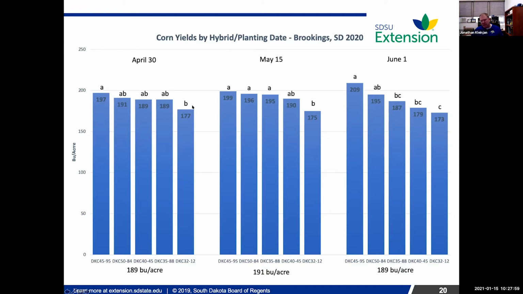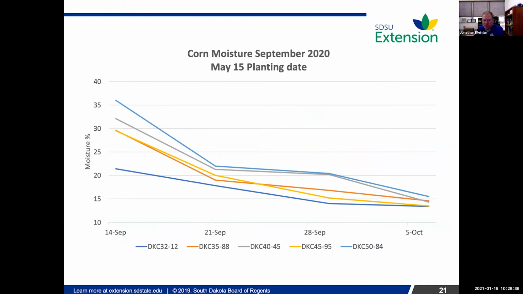So I think at this 82 day, we're starting to see a little bit of that getting out of the area of adaptation, like I discussed before. But still not too shabby. We're looking at about 90% of maximum yield here, 88% here, and then 83% here. So we didn't see any of the early hybrids catching up like we saw in that Beersford data that I showed before. So 2020 was a completely different animal than 2019. I did not see the results here of what I thought, but we're going to continue this again in the future. So anyway, just to mention moisture.